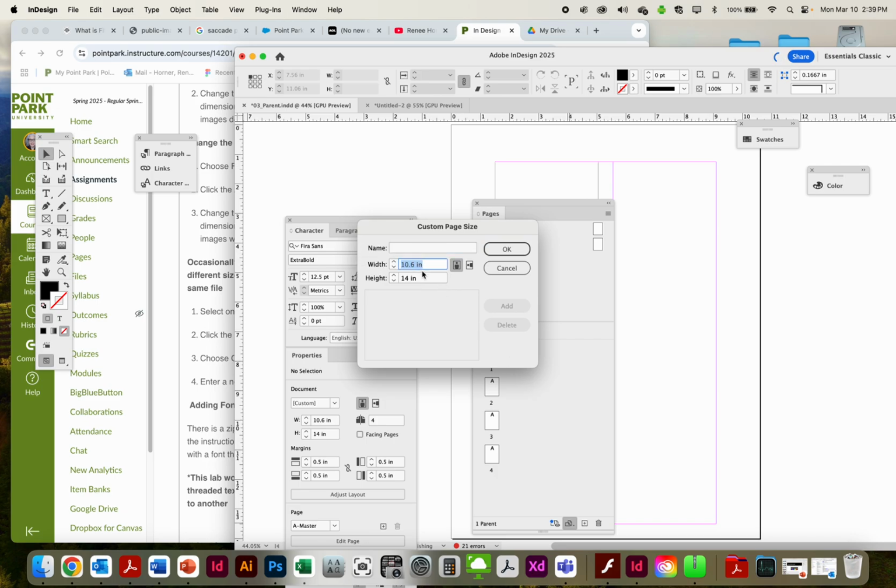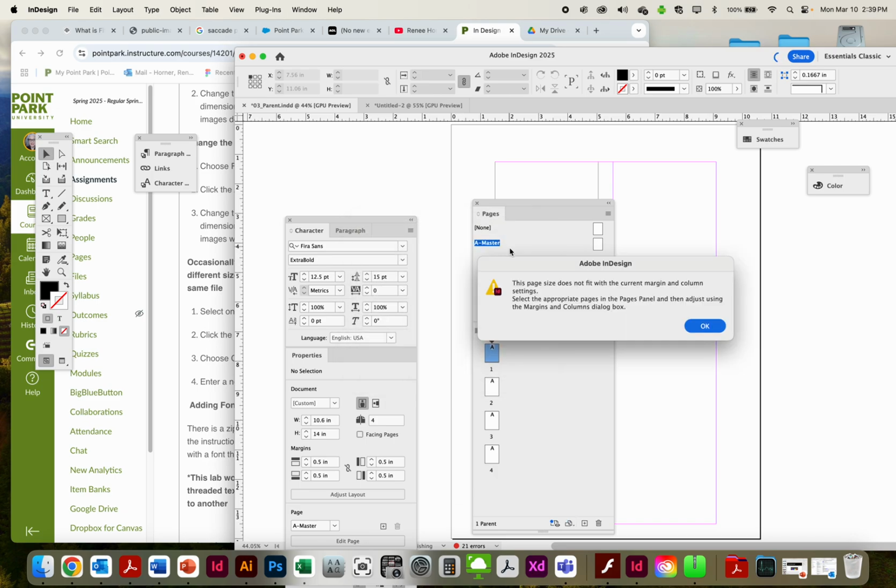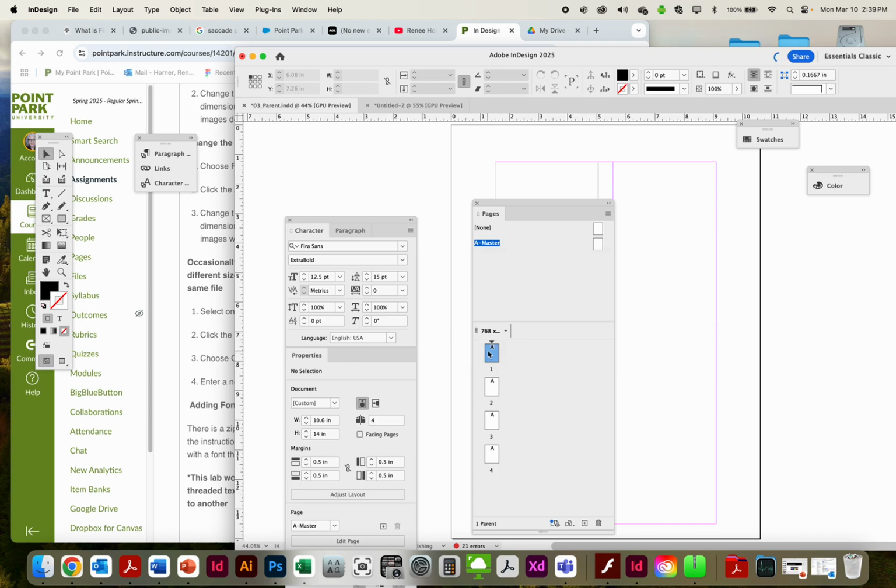Maybe I want it 3 by 3, and that's okay because we're just practicing. So you can do that. Let's say for some reason you're doing separate little posters and they're using the same content, and one's 11 by 17, one's 8.5 by 11. You can keep it in the same file, share the same resources, but then print them separately. Save page 1 as a PDF 11 by 17, and the other